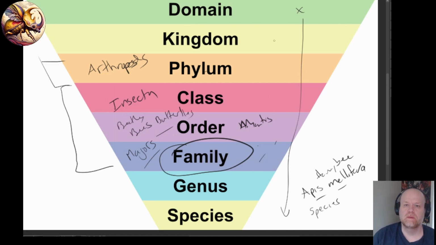So the question then comes up, if we want to talk about these things, how do we represent the relationship between the various orders and the various families and even the different species within a family? How do we represent that relationship? How do we talk about those relationships? How do we visualize those relationships? Because within